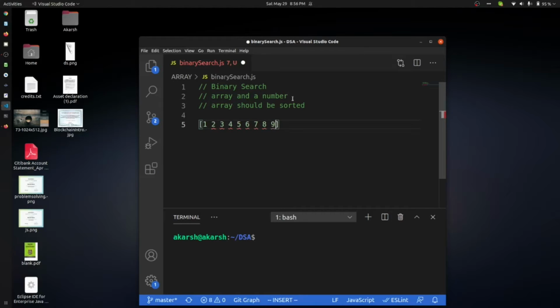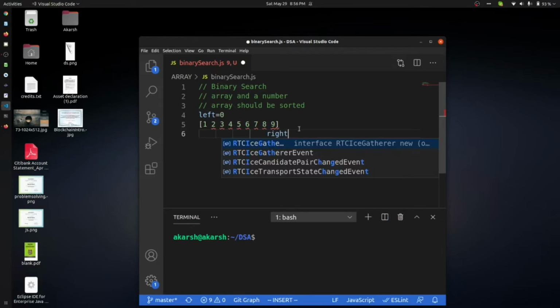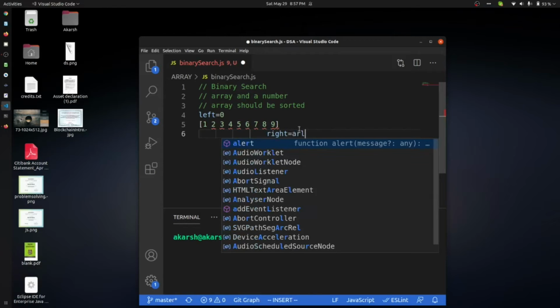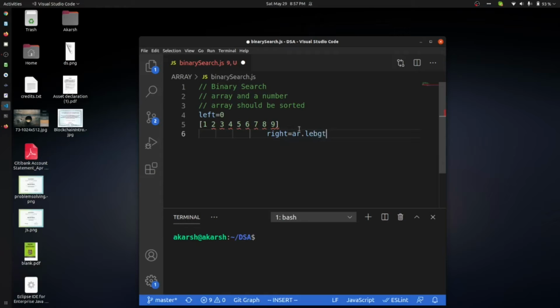In this algorithm we will have a left index at the starting of this array, that will be 0, and we will also have a right index that will be at the last of the array. So its index will be array dot length